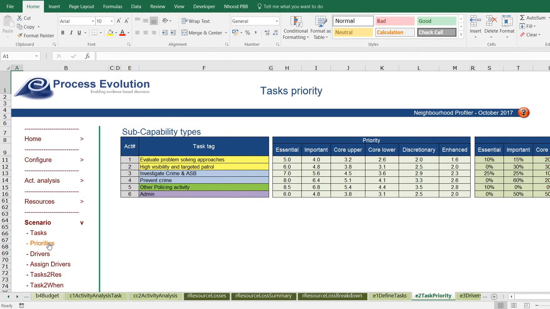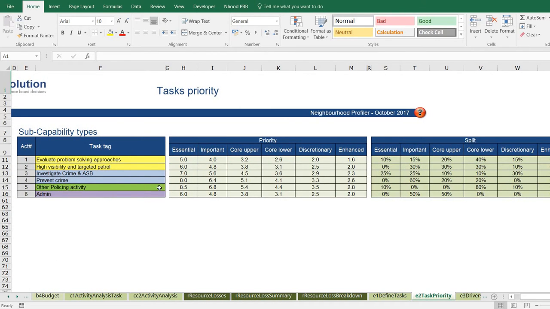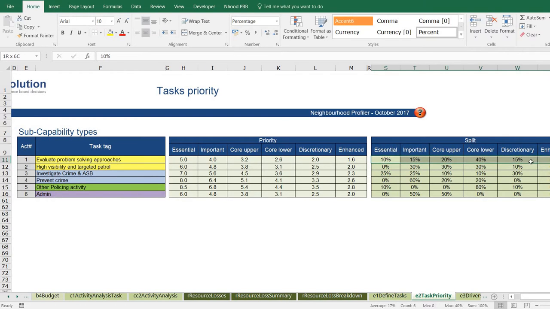In terms of the priorities, they are set based on the set of workshops normally that are done with officers. So in many cases this will be sergeants, inspectors or chief inspectors who set the priorities of different tasks. Now what we tend to do is start off with split. So we would look and say, of the work that is done in evaluating problem solving approaches, of all the tasks that are done there, what proportion are viewed as essential, what proportion important, core upper, core lower, discretionary and